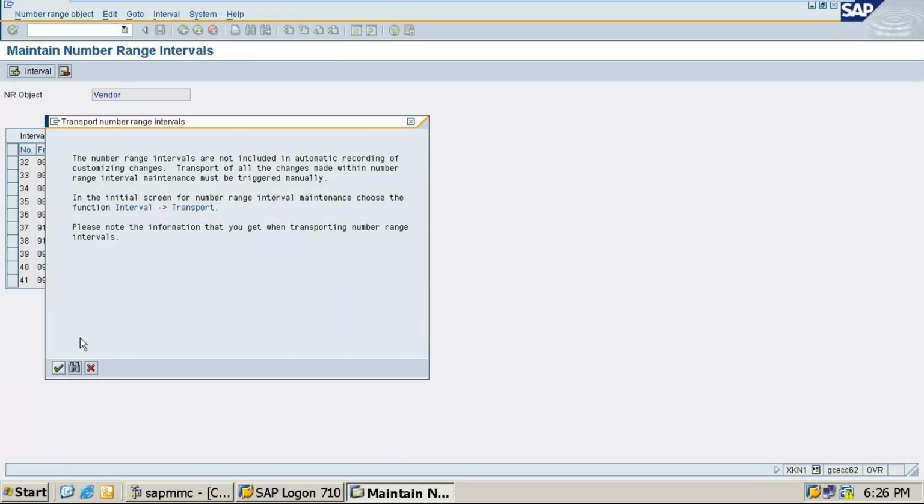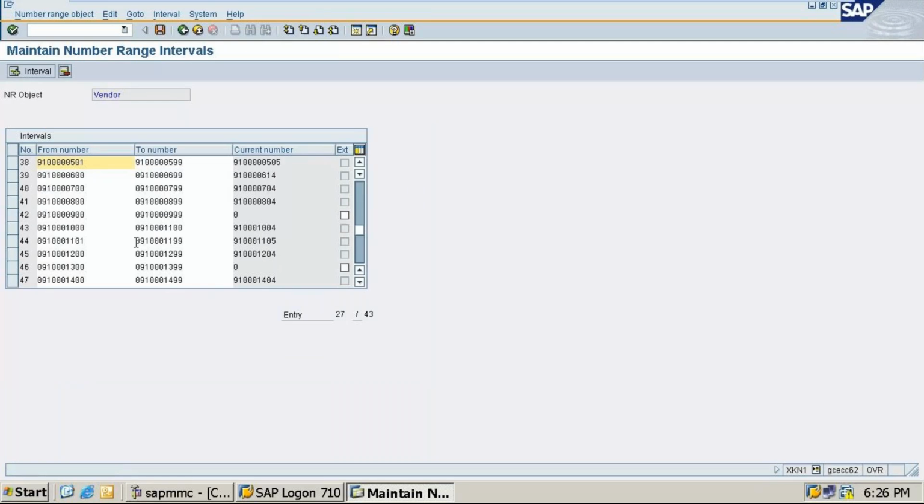So this number range is 10. Why am I not using 11? Maybe 11 or 15 has already been created, so I can use it. But right now I have created number range 10, which starts from 0 because I have not posted any entries. Once I post the entries,